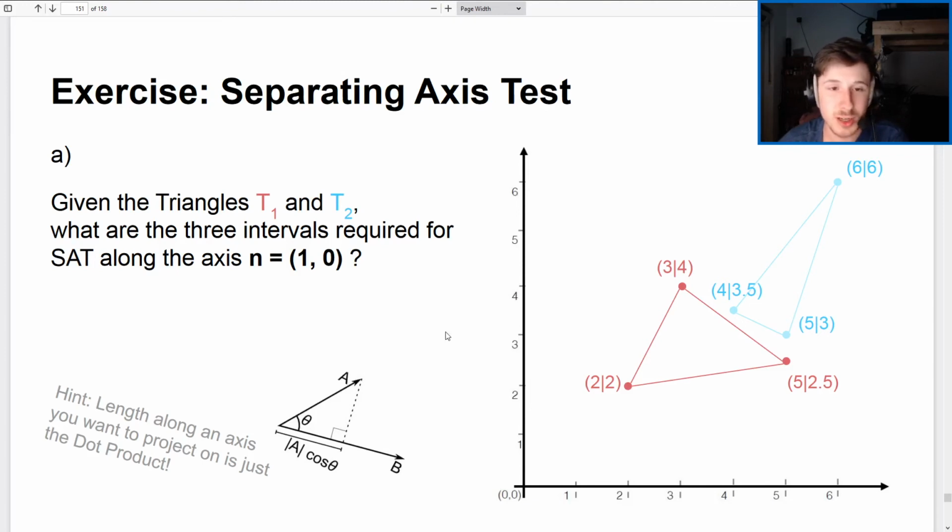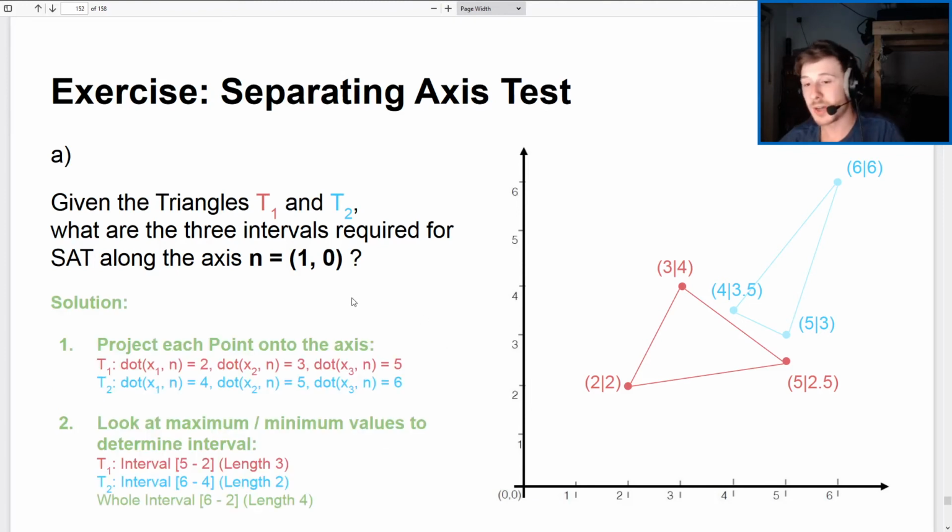They can potentially save you a lot of time. So yeah, here we project each point onto the axes. What you do is a dot product of the point you want to check. You do this for every point here, with the normal, or the axis, on which you want to project it. So x1 is this point, x2 is probably this point, x3 is probably this point. Yes, exactly. And then the normal, or n, the axis, is (1, 0), and then we get 2,